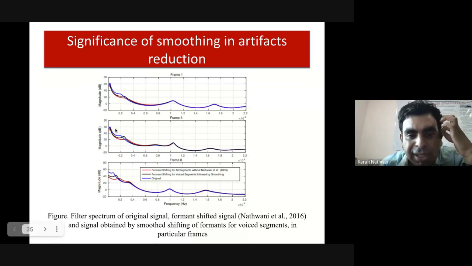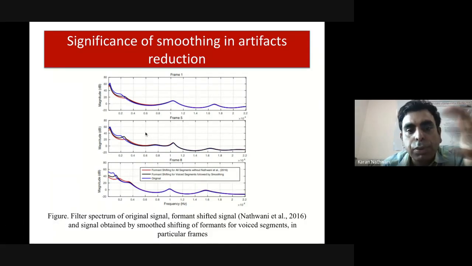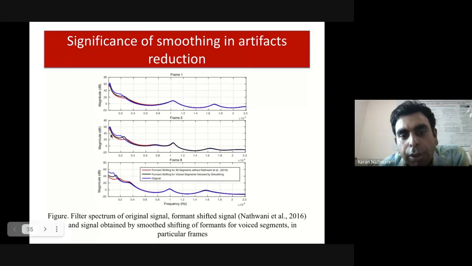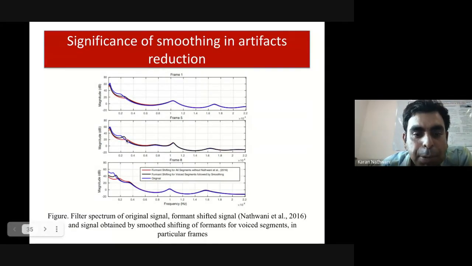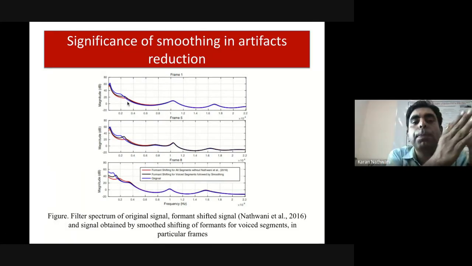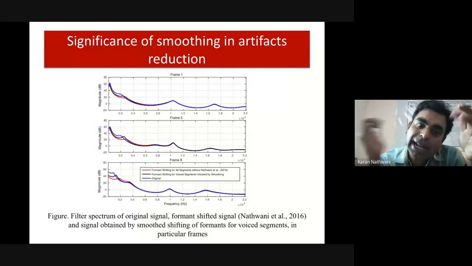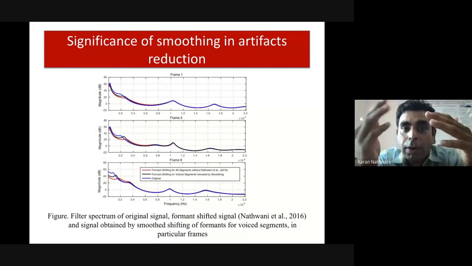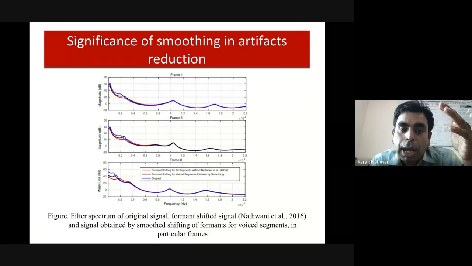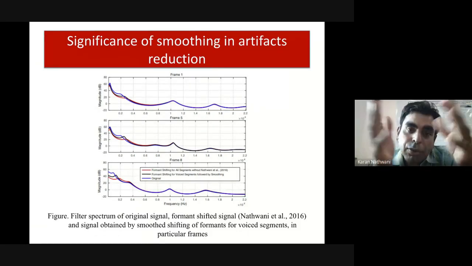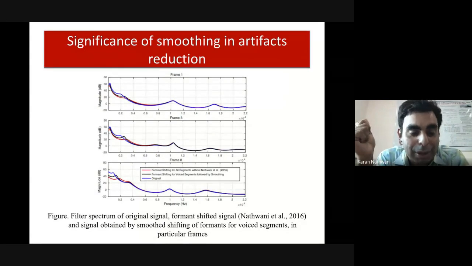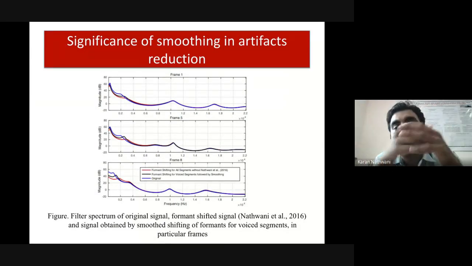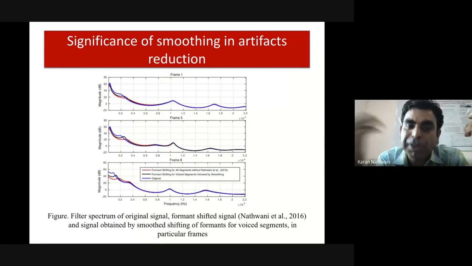Now you see that the red one is out of phase. Actually, you can see they are moving from the original. They have been modified significantly, but the black one is closer to the blue one. Although we cannot have exactly the blue one, otherwise there is no modification. So we have to make sure that there is a trade-off. We should shift that much so that it does not degrade the intelligibility, and at the same time it should not be very close to the original one either. So there should be some modification also.